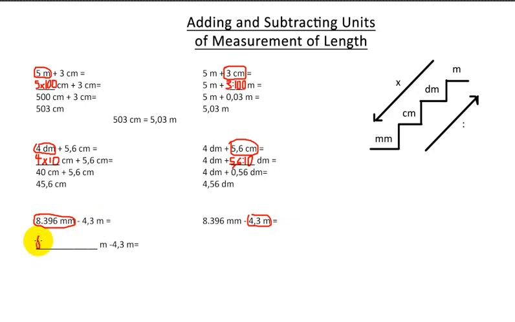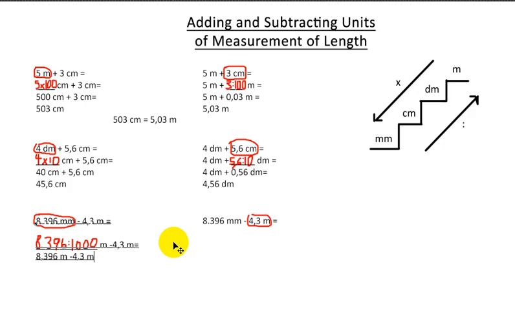We need to take 8,396, and because we're going from millimeters to meters, that's 3 steps up, so divide by 1,000. And so what we get, if we do 8,396 divided by 1,000, is 8.396 what? Meters